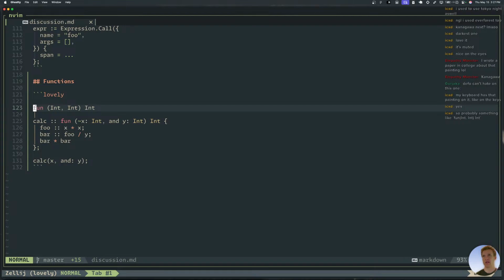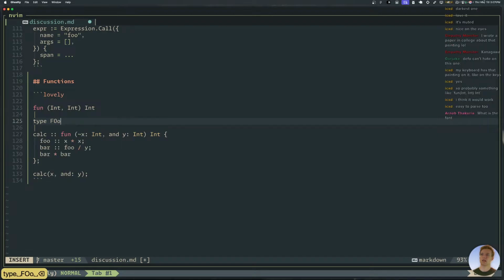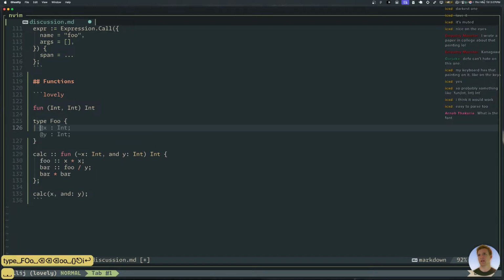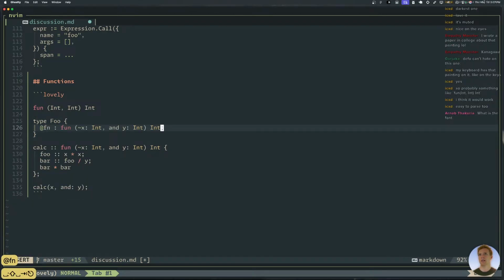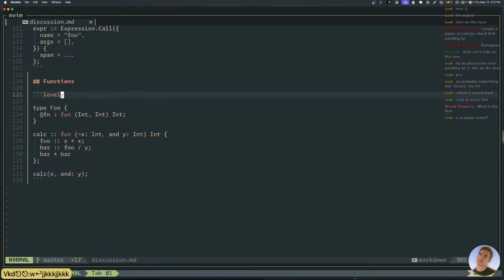It is easy to parse because of that keyword. How would that look if I had like a lovely enum, if I had some, and I had like fn. It looked like not that, it looked like this. Does that look cool? I like how it looks a lot like the definition.